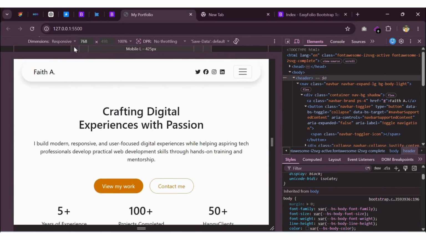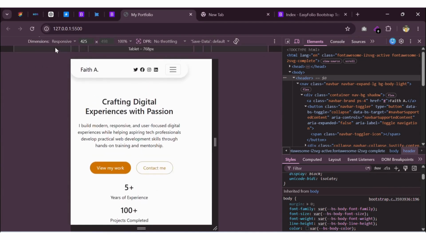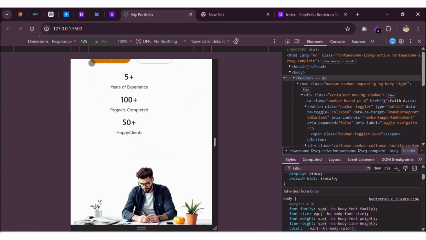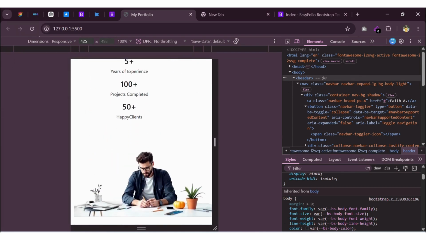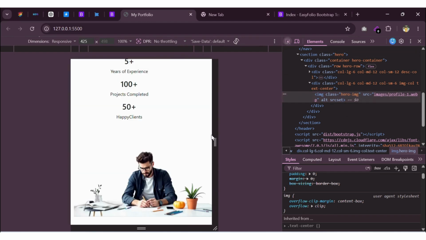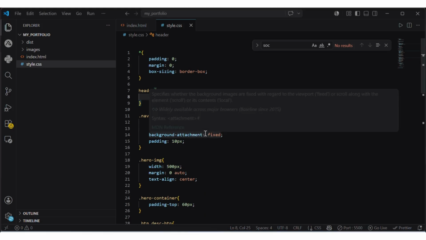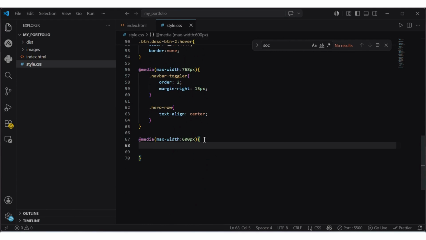Okay, let's see how far our mobile view is. We're done with it. The tablet view looks nice already. For smaller devices, you see we're having some overflow here, and that's because of the image. So we're going to reduce the size of our image. You can see over, you see the blue, see it's overflowing. So we need to reduce .hero-image on smaller devices, not on tablets. So we'll come down to smaller devices, .hero-image